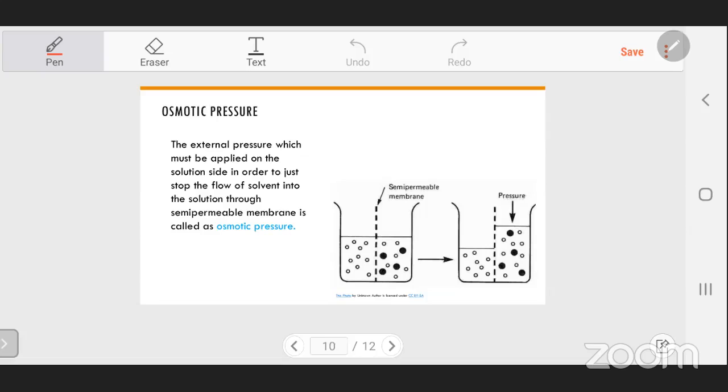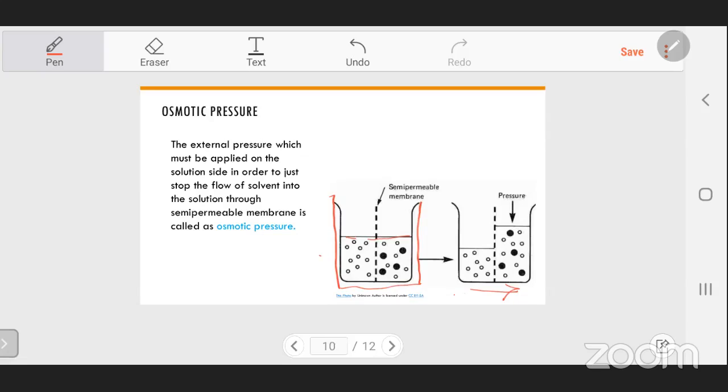What is osmotic pressure? For the explanation of osmotic pressure, I would like to explain it through this drawing that I have already put in the slide. As you have seen, there is a semi-permeable membrane in the beaker, and there are more solutes in the right part of the beaker, and there is more liquid in the left part of the beaker. So according to the osmosis rule, the water will travel from the left side to the right side to equalize the amount of water present in the whole beaker.